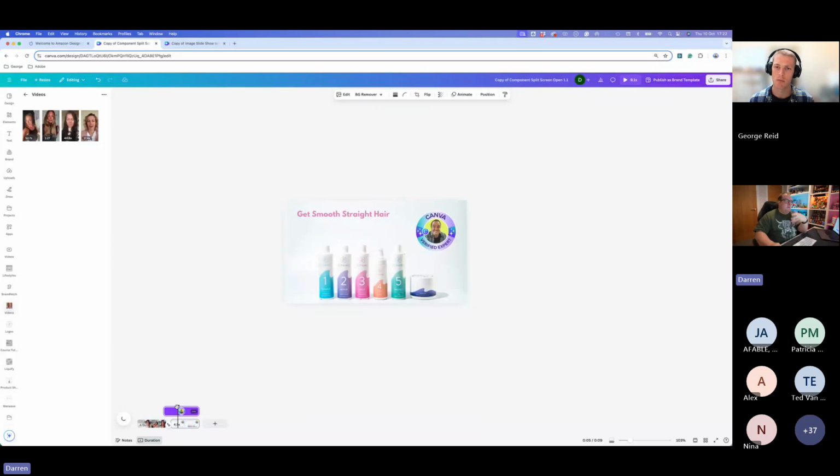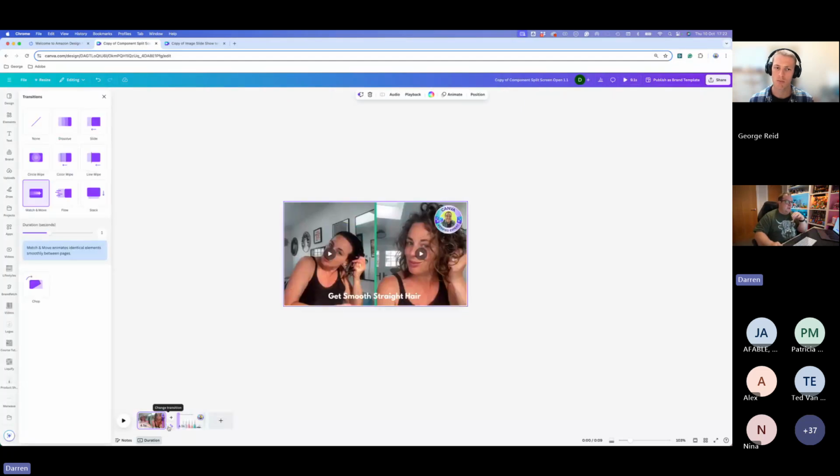Now, the reason this is doing this is because we've got a transition in the middle between these two pages, and you can choose different transitions. The one that allows you to zoom up and change things like that is called match and move. You can change the speed of the transition if you want, slightly longer or slightly shorter. I find that 1 second between the two clips for short videos like you'll be creating tends to work best for keeping viewers' attention. That's what I feel on that. So that's how you can change those.